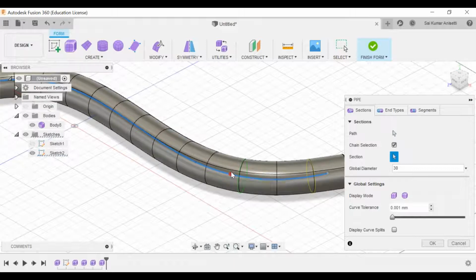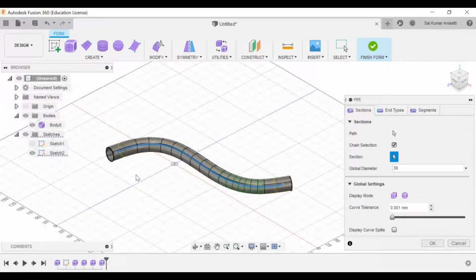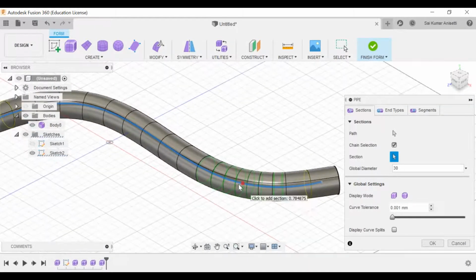If you need more sections at this corner, it will keep adding more sections so that it becomes smooth at that particular turn. So you have more control on this edge. Over here there is only one. Over here it is even smoother. You can have more control on it. It creates more sections. That is how it is.